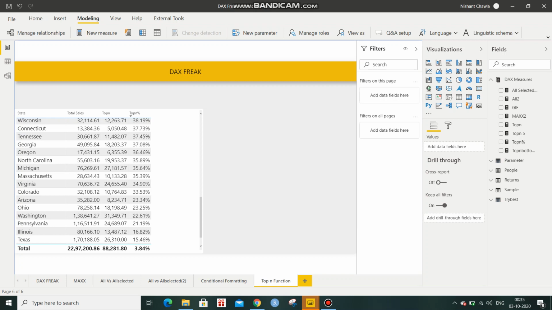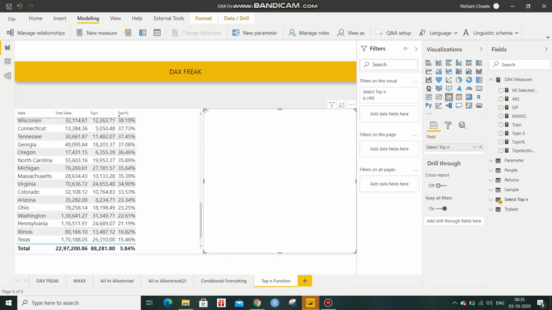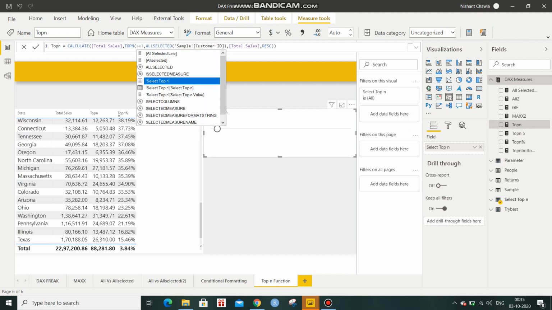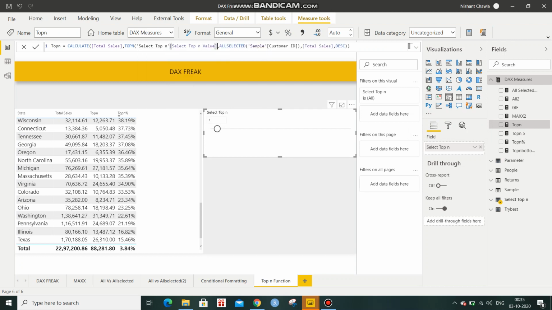It will create a what-if parameter, and I'm going to pass this value into my measure. Right now it is TOPN 5, so I'll go and select this value.